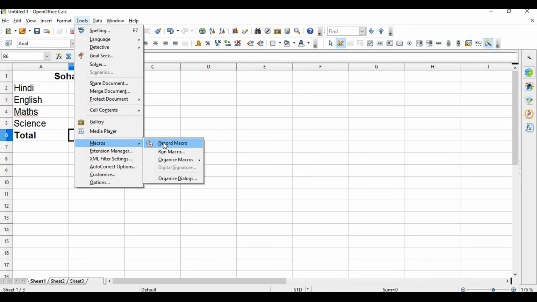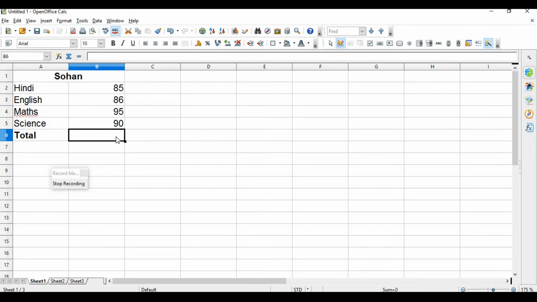Once you start recording the macro, then you have to write the formula like equals B2 plus B3 plus B4 plus B5, and then press enter. Now we get the total, 356. After getting the total, you click on Stop Recording.